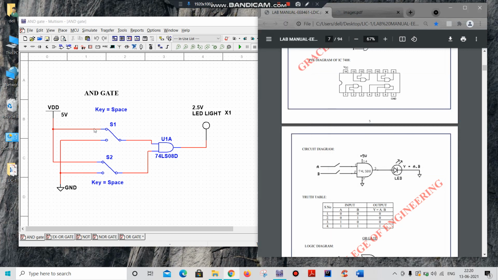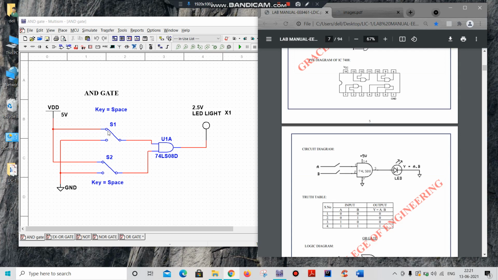Here I am going to verify it. I am giving a voltage for S1 as 5 volt, similarly for S2 as 5 volt, and the other point will be given to ground, for both the switches. This is meant for your 1 and this is for your 0. In your switch we have 2 points, one is for 1 and another one is 0. That's why I am taking the single pole double throw switch for this circuit.